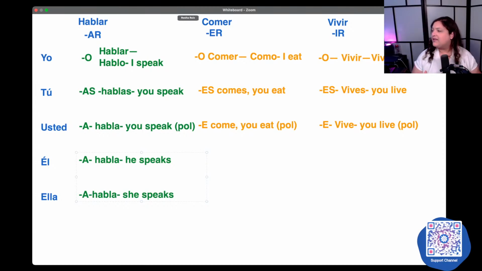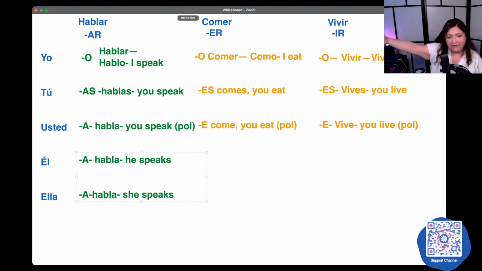But let's say I was talking about Estrellita, right? I could say, ella habla perro. She speaks dog. Or if I was talking about my brother, mi hermano habla inglés.